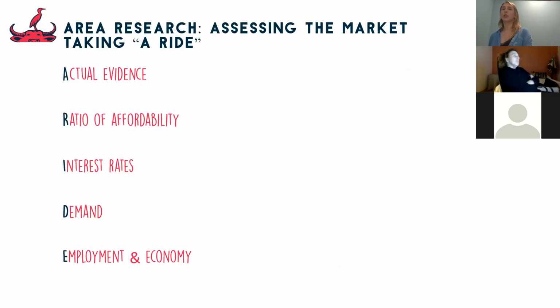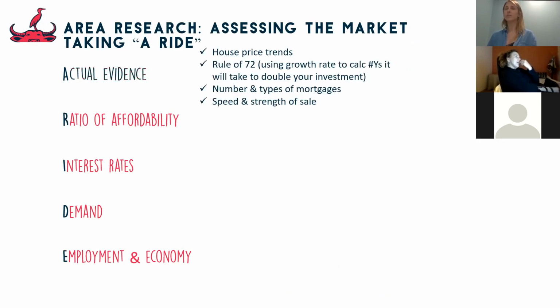So I'm now going to start talking about how we assess a certain market, and this could apply to a country, a city, or a suburb, but it's just the general assessment of a market. We're going to be using a mnemonic called ARIDE. ARIDE stands for actual evidence, ratio of affordability, interest rates, demand, employment, and economy. I'm going to start with actual evidence. We will be checking house price trends and, of course, the rule of 72 to understand